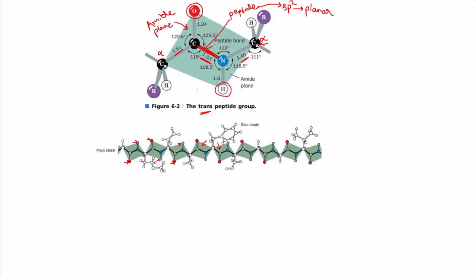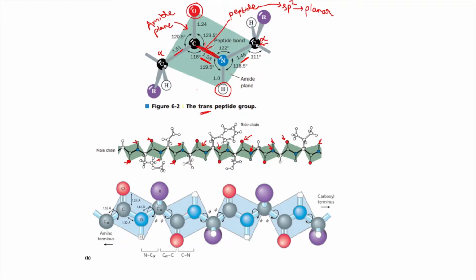The red colored atoms that are shown here are actually the oxygen of the peptide bond. These blue colored atoms that are present on the peptide plane are actually the nitrogen atom of the peptide bond, and these white colored atoms are actually the amide hydrogen, which are placed opposite, or in trans, to the oxygen of the peptide bond. This figure will help to clear the concept.